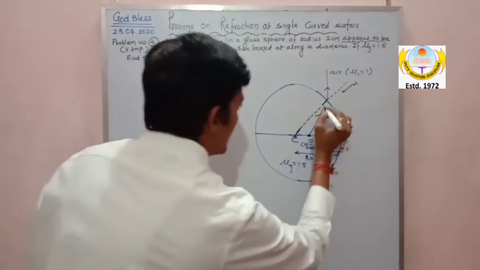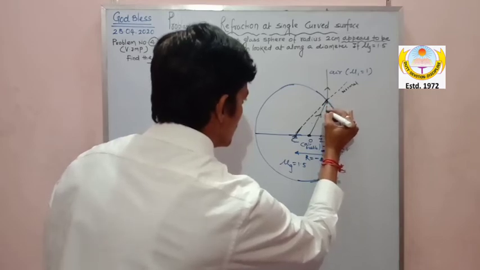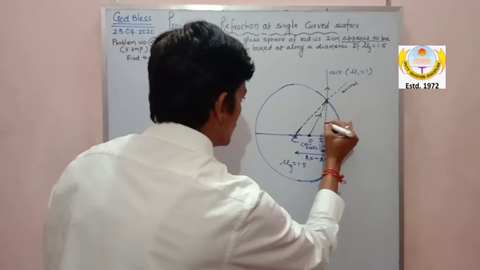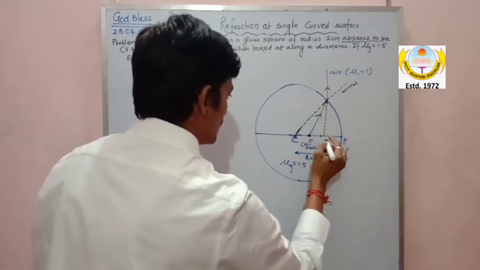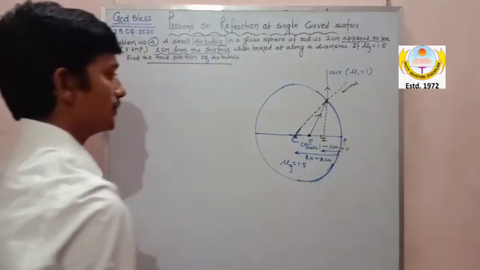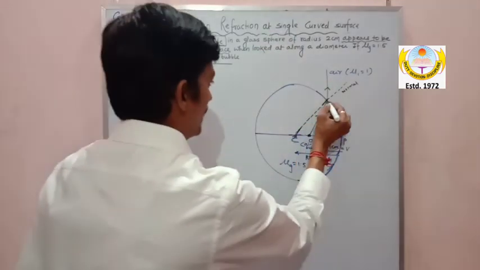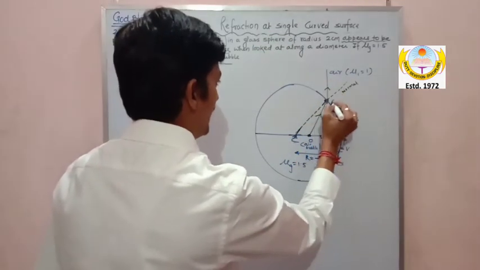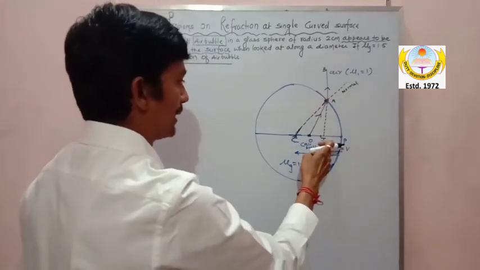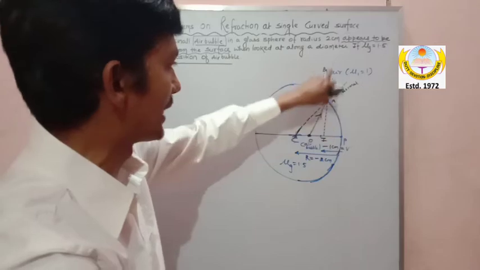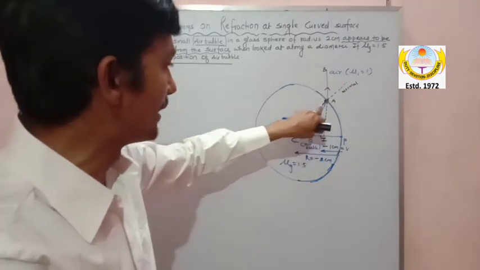So here you can see the image, my dear. Here you can see the image, and this is refracted away from the normal. Say here I have given the name A, and here I have given the name B. So AB is my refracted ray which obtained the image here. But my dear, the refracted ray is in air. Matlab, the image is obtained in air and the object is in the denser medium.